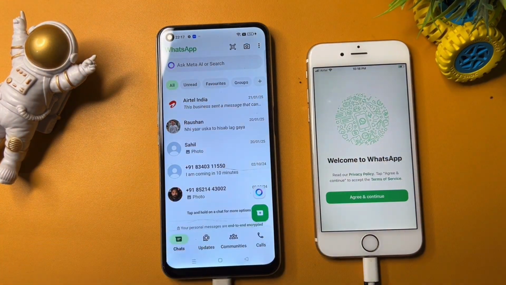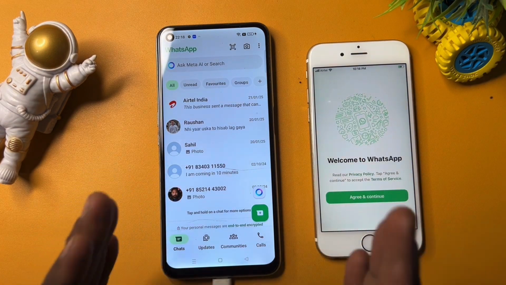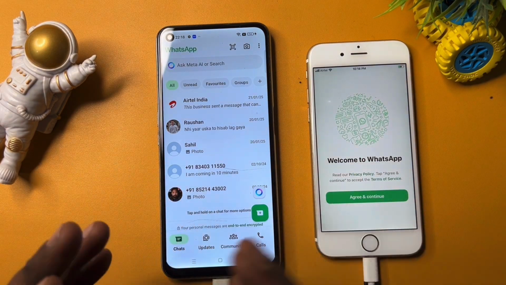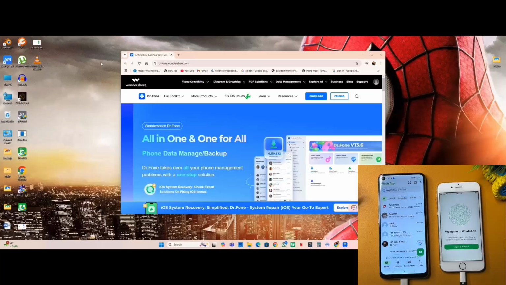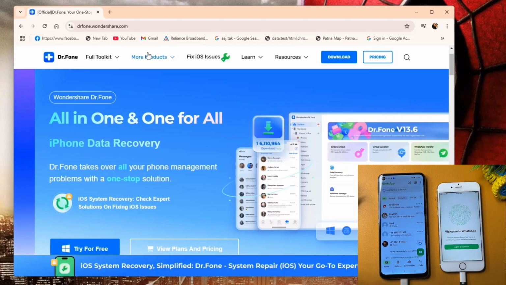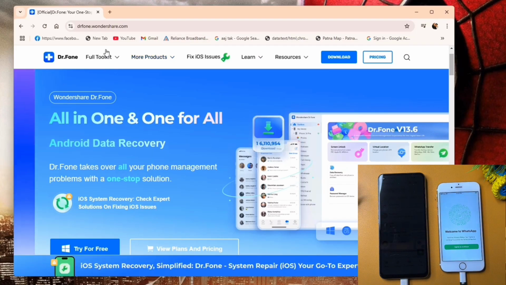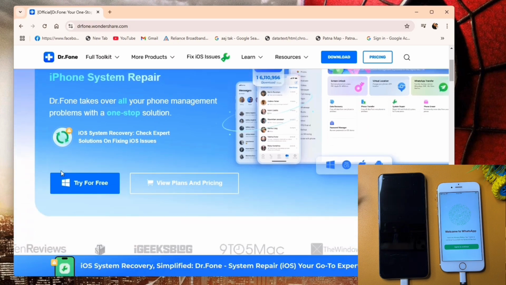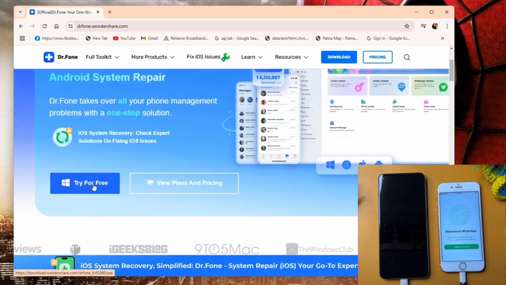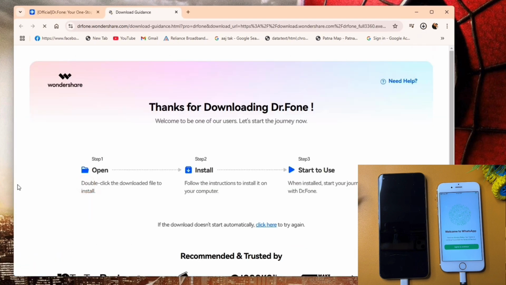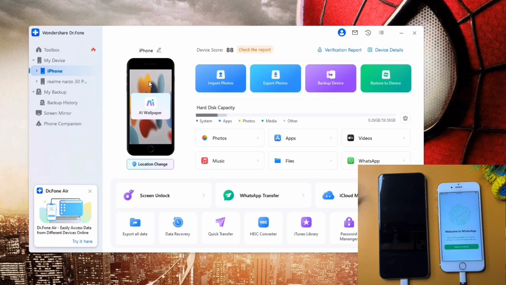So my friend, first of all, you have to download the software of Dr.Fone. I'm going to the PC to download this software. You can see here, this is the interface of the Dr.Fone Wondershare website, and you can download this application from here. So I'm going to open Try for Free and click here to download this software, and I have already installed this software on my PC,